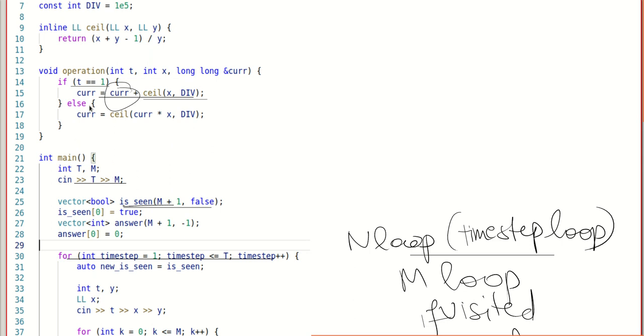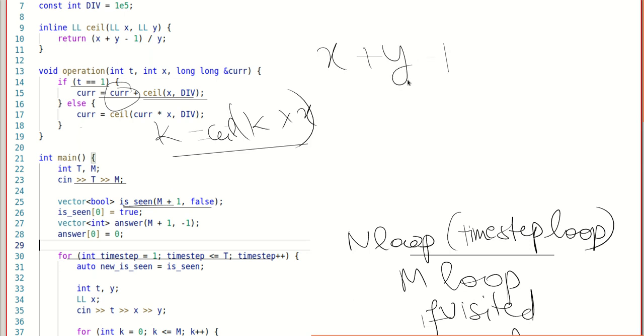And else if t equal to 2, it was a type 2 operation, then we do k equal to k times x and then take the ceil. So this is a simple operation function, and the ceil function is just this. This is the common practice for using the ceil function, the ceil of x by y.